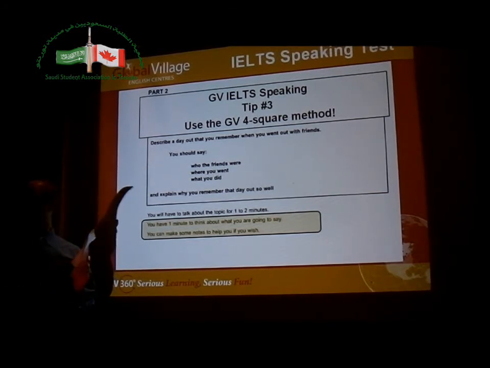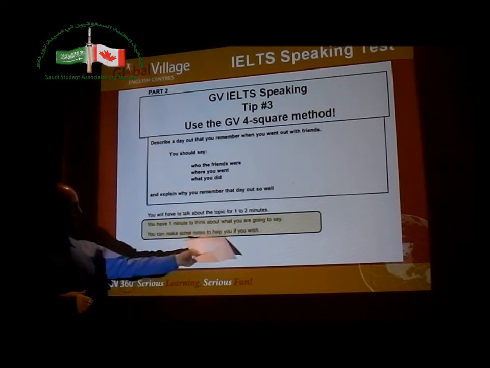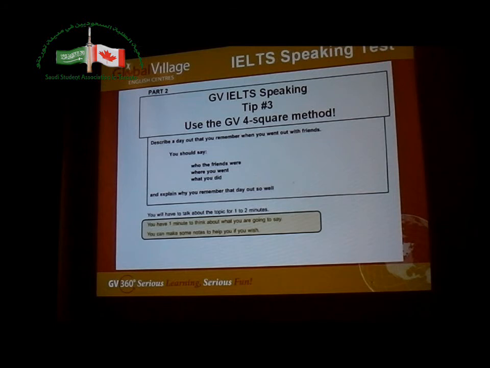So you mentioned task completion. I have to stay on the topic. If I only get to here, I probably didn't complete the task very well. But don't worry if the examiner says stop. As long as you continue talking on the right topic, then you'll be okay. It should be organized. So try to say, okay, I'm going to tell you a little bit about, give an introduction, and start talking in order. That's why when we do this 4-square method, we write down the basic thing first, so we cover everything, and then write down some details with good vocabulary I want to show.